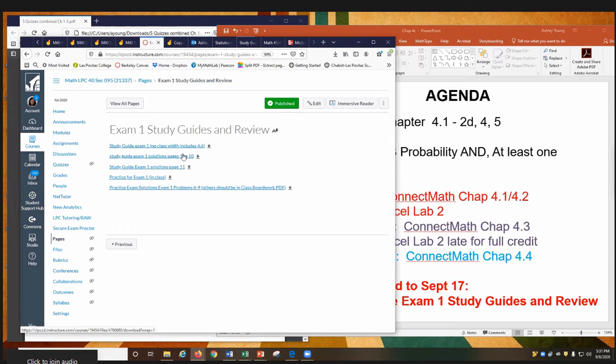Pages 1 through 10 solutions are here, page 11 solutions are there. But try them first. Don't go straight to the solutions. Try them first so you know what you know and you know what you don't know. And then take a look at the solutions to make sure you know what you know and to find out what you don't know. There's also these practice exams, which I'll do in review sessions, and you can download those too if you want, but that is less important than the study guide. The study guide is the number one best way to prepare for this exam, 100%. Okay,